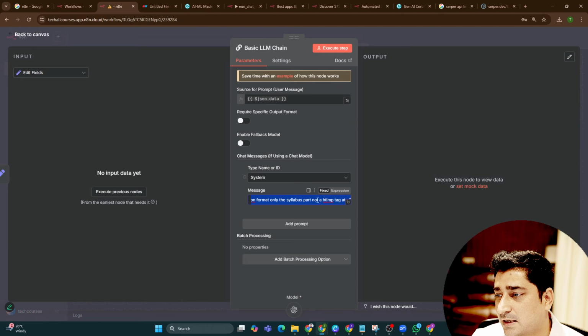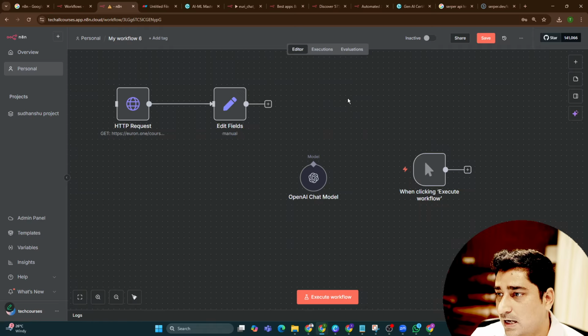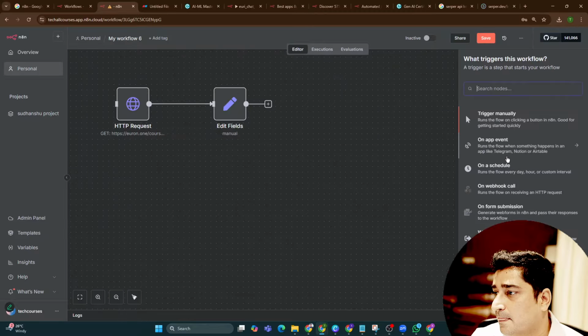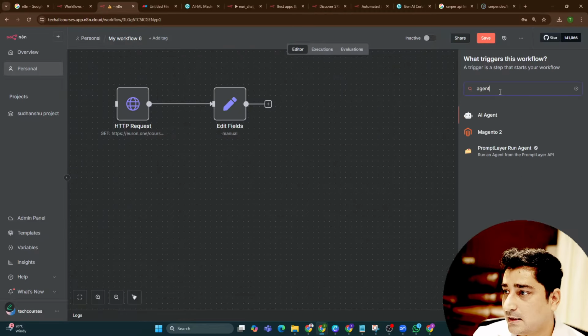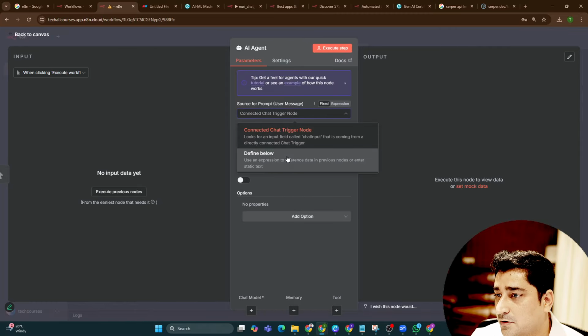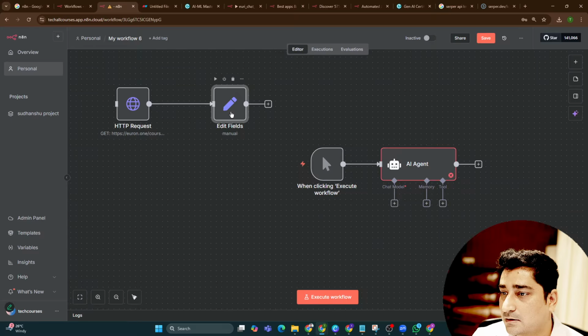मतलब this way I can try to give an instruction to this LLM and this LLM will do what, so this LLM will be able to like clean the data and then give me the output. और इसके जगह हम ये भी कर सकते हैं कि हम यहाँ से इसको हटा दें और उसके बाद फिर इसको यहाँ से हटा के हम यहाँ पर सीधे लगा दें अपना एजेंट, so as an agentic, so agent I can try to do, click on AI agent and then connect to a trigger node defined below, prompt user message, so fine, let me execute the previous step,